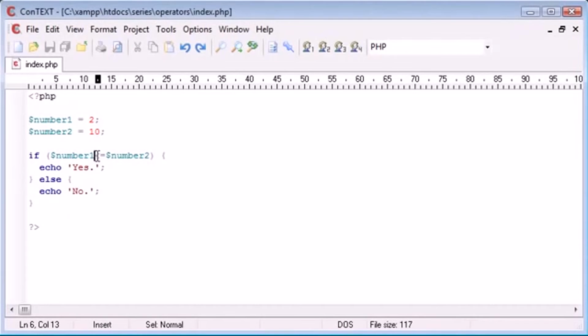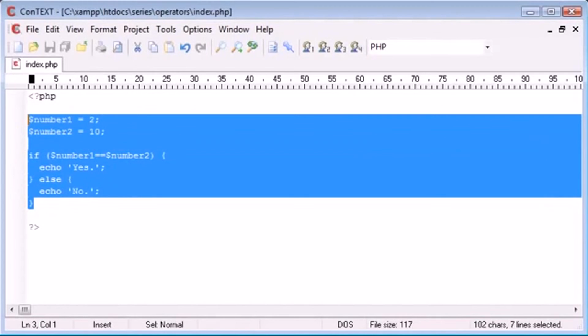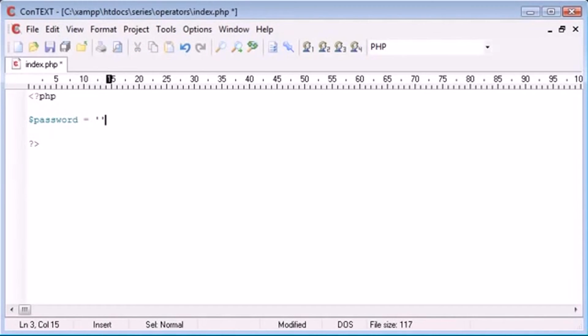You'll probably find yourself using the double equals a lot if you're creating code. For example, if a user was to submit a password through a form, you may want to check if their password is equal to maybe a preset password or a password stored in the database. And therefore what we'd do is, if we were to have a preset password, I'm going to set my password up here to "password", so obviously quite a basic password, and I might say, so it helps if you read it out as English, if password equals